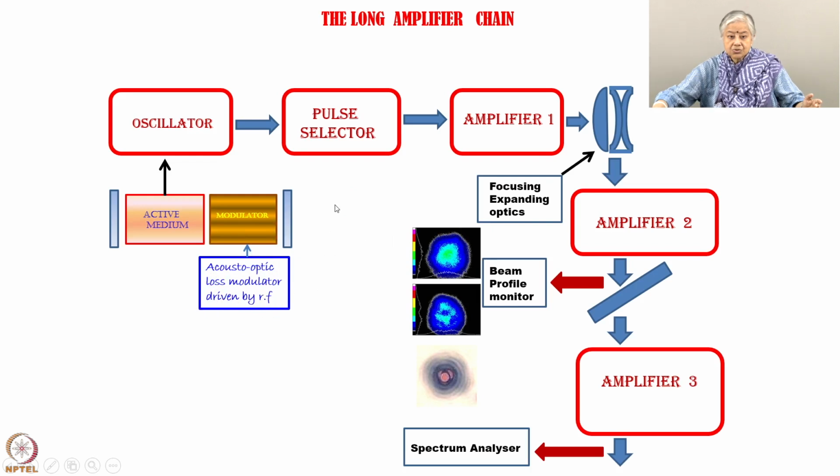So, such an acousto-optic loss modulator is an active modulator, and each pulse will be in the picosecond to nanosecond range, and there will be a train of pulses. You choose one of them because you are going to amplify just one, so you have a pulse selector which selects one out of that train